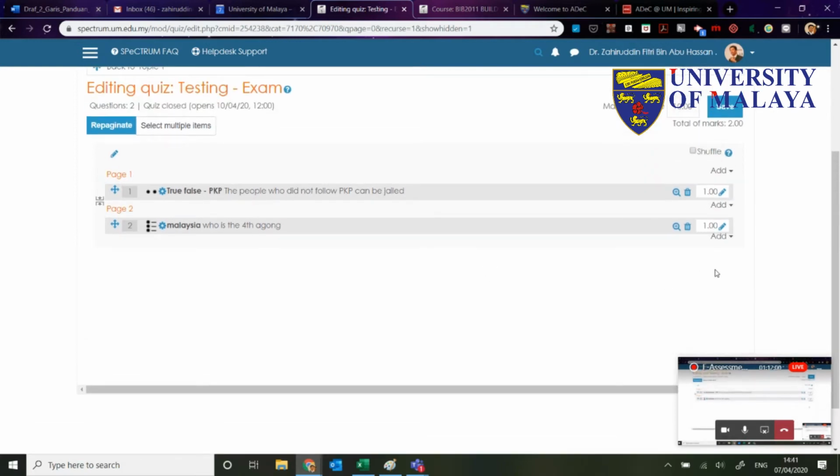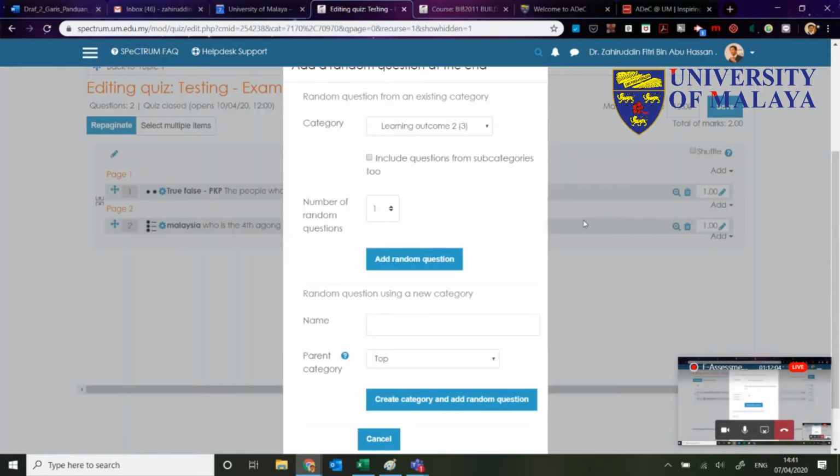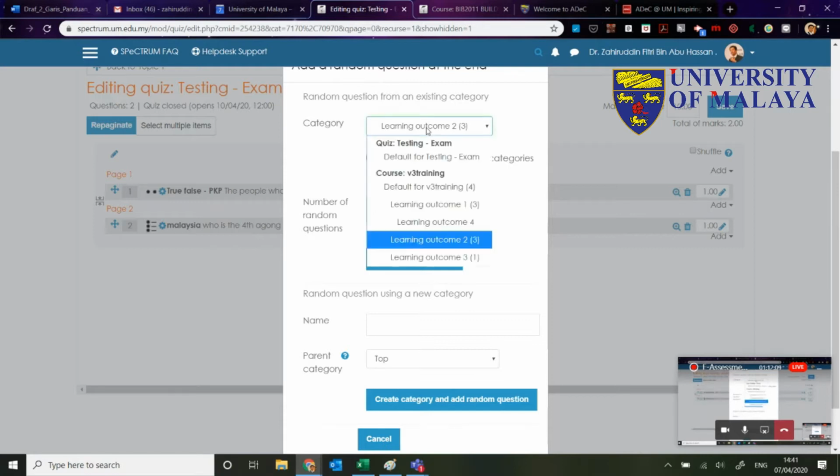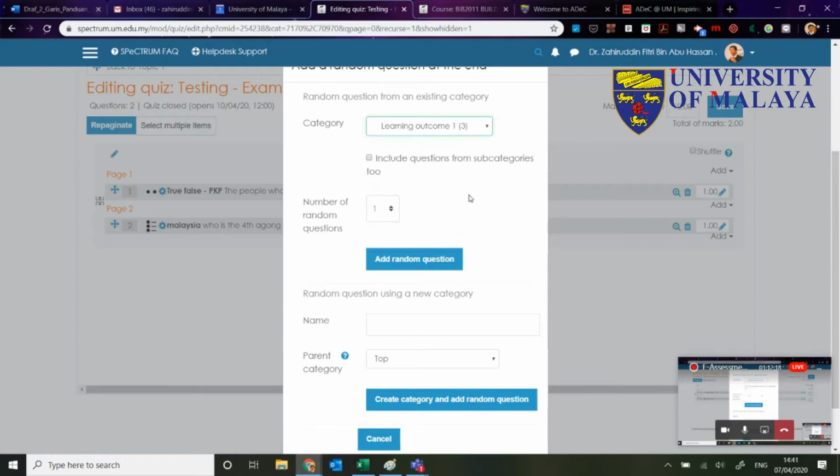So what we can do is actually add random question. Okay, then here we can select the category. So let's say, for example, I want to ask on the learning outcome 1, which we already have 3 questions in there, but I want to select only 2 random questions. So what happens is that the system would select 2 questions out of the 3 questions that